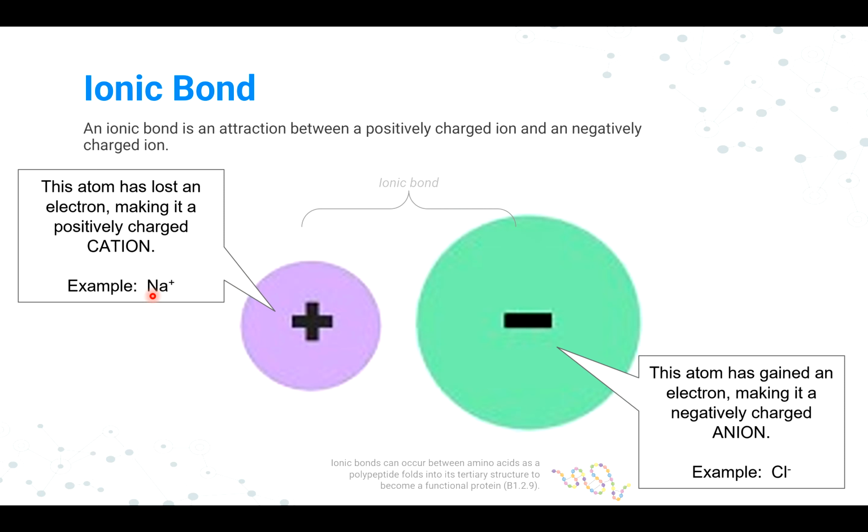All metals form a positive charge, all non-metals form a negative charge. So in this case, Na+ is a cation, Cl- is your anion, and if you combine them, they combine due to electrostatic force of attraction, and an atom is combined to form a molecule which is NaCl. So this is a basic idea about how an ionic bond is formed.